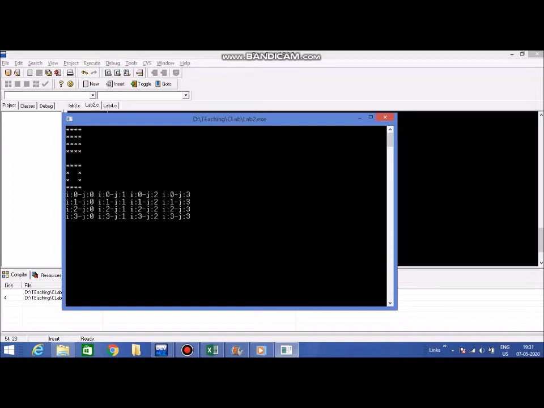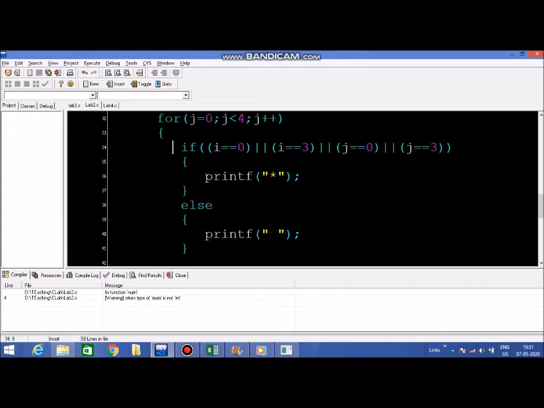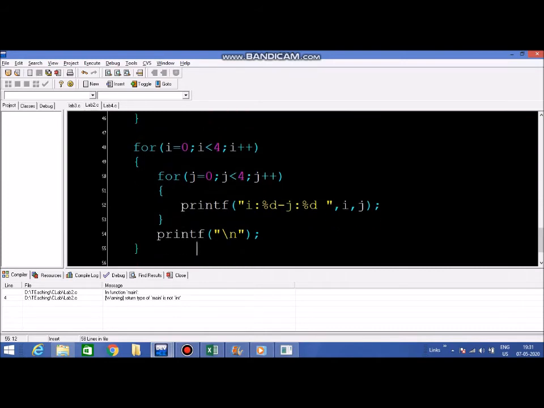So when we made the hollow box, we took the condition when i is equal to 0, this line got printed. When we said i is equal to 3, then this line got printed. But to print this line, what is common here? You can notice that in everything j is 3 here. And in this case, we notice that j is 0 here. So that is the reason our code, if you remember, looked like this for the hollow box. We had a condition which checked i is equal to 0, i is equal to 3, j is equal to 0, j is equal to 3. So that is the reason we are doing it like this.